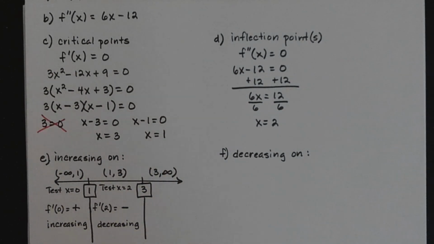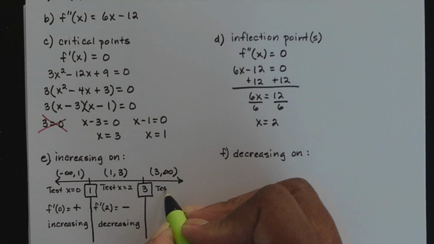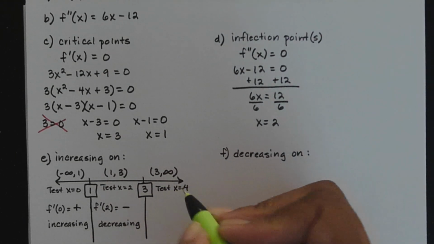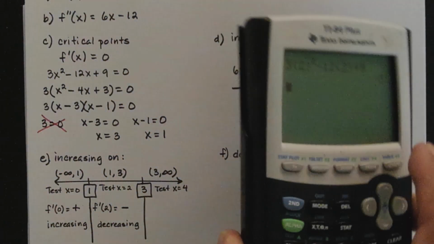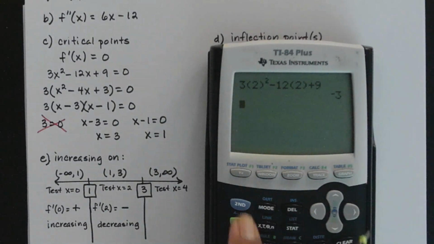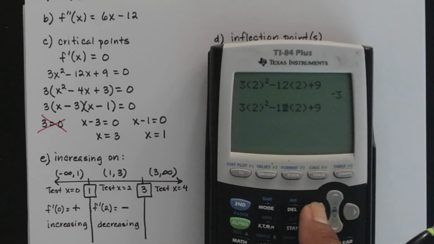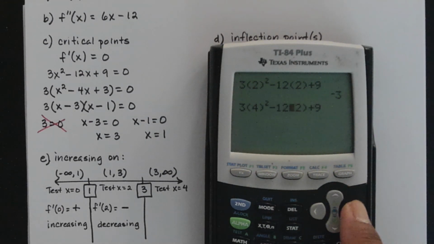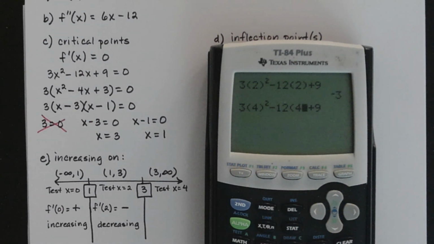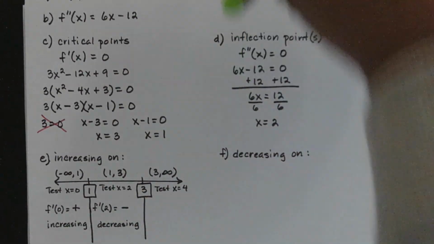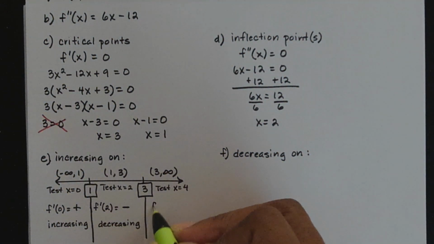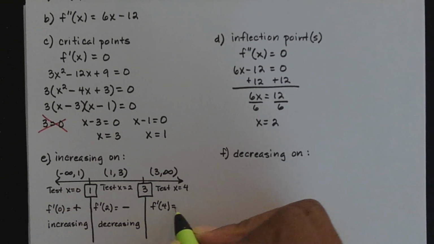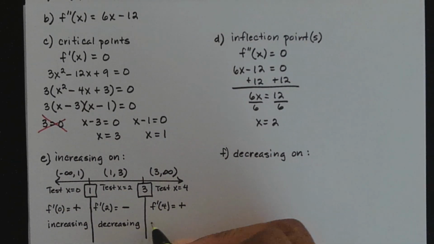Okay, and then from 3 to infinity, a test value would be, let's say, x equals 4. And substitute every x with 4 in that f prime of x function. Here I'm just going to go back; I pressed second and enter to pull this back up. And I'm just going to replace every 2 that I have here with a 4, and then hit enter. As you can see, f prime of 4 came out to be 9, which is positive,